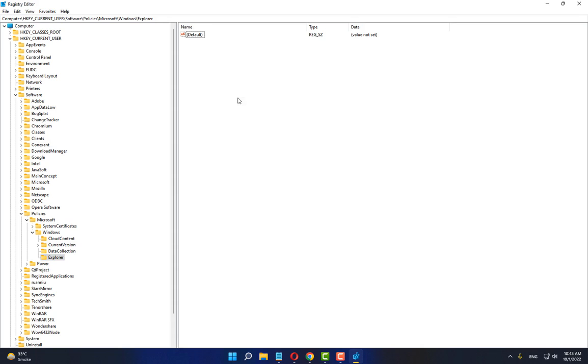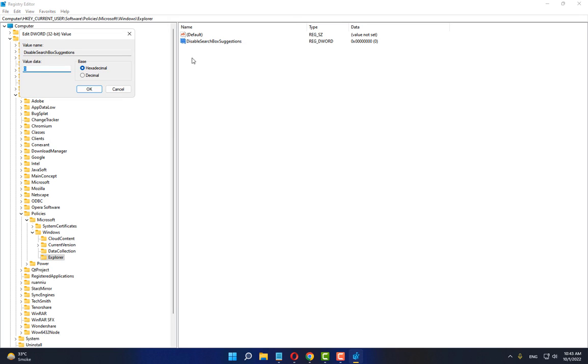Select Explorer, right click, New, and select DWORD 32-bit Value and set the name as DisableSearchBoxSuggestions. This D is a capital, S is a capital, B is a capital and S is a capital. So type DisableSearchBoxSuggestions, double click to open it and set the value data to 1 and click